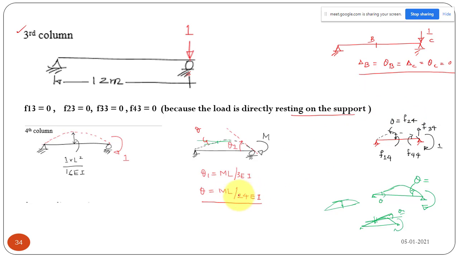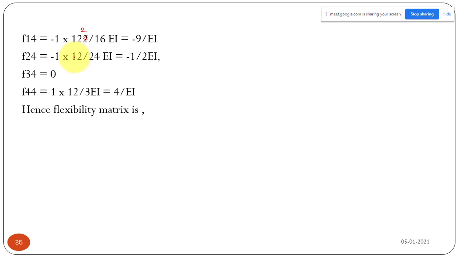So M is equal to 1 and L is equal to 12 meters. So 12 by 24 EI. So F24 will be 12 by 24, so 1 by 2 EI. Okay, that is the value of your